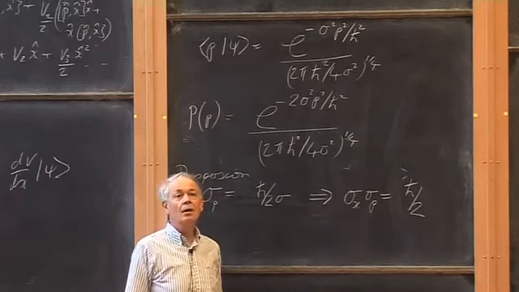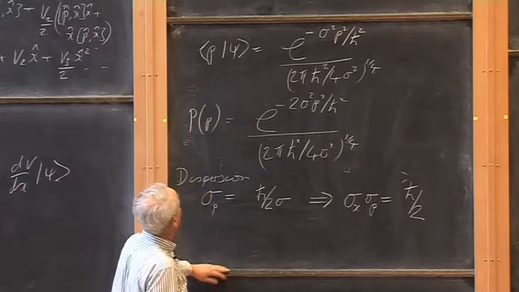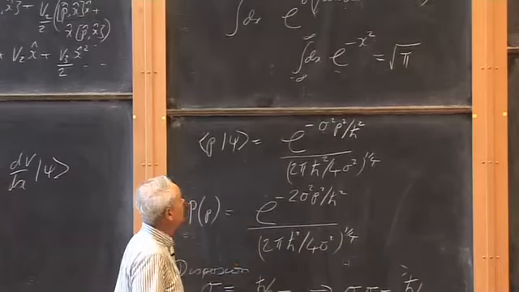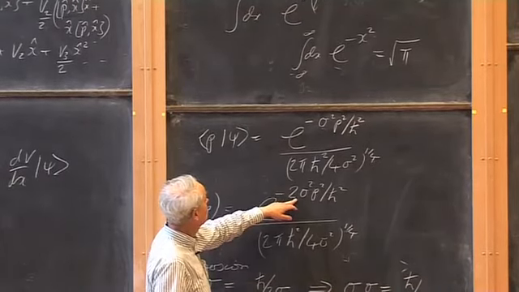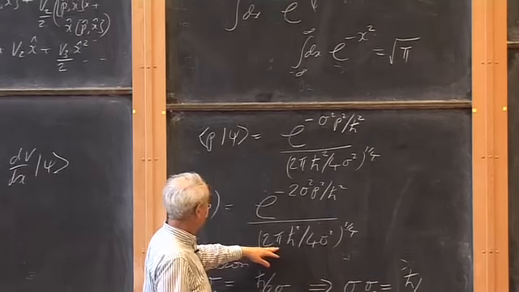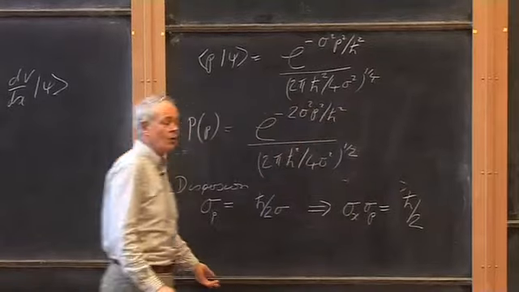Yes? The power on the probability to measure p should be a half on the denominator? You are worried about this too? Below there you've got a quarter. Oops, thank you. It should be a half. Yes, of course, because I've squared the quarter and it's become a half. Thank you very much.